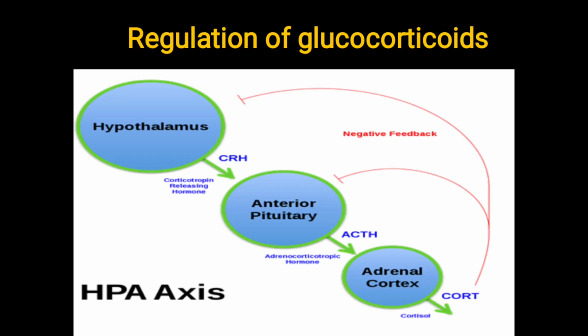There is a negative feedback control of the cortisol secretion at two levels. One is at the hypothalamus, the other at the pituitary. If the free cortisol, note it is not the bound form, it is only the free cortisol, is produced more than the physiological amount, the hormone itself acts on the hypothalamus to reduce the formation of the corticotrophin releasing hormone. Again, the excess of free cortisol can act on the anterior pituitary also to decrease the formation of the adrenocorticotrophic hormone, and the vice versa also can occur.